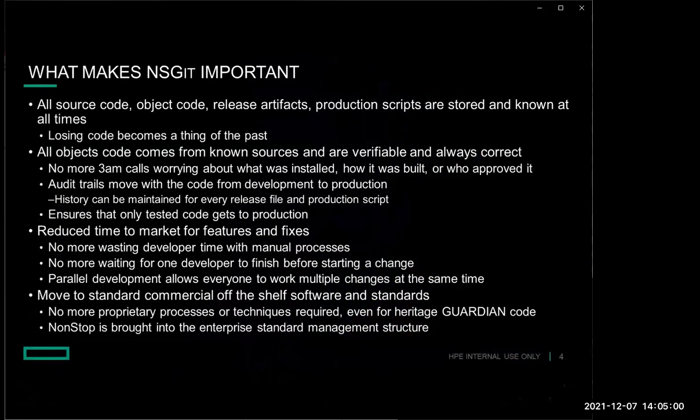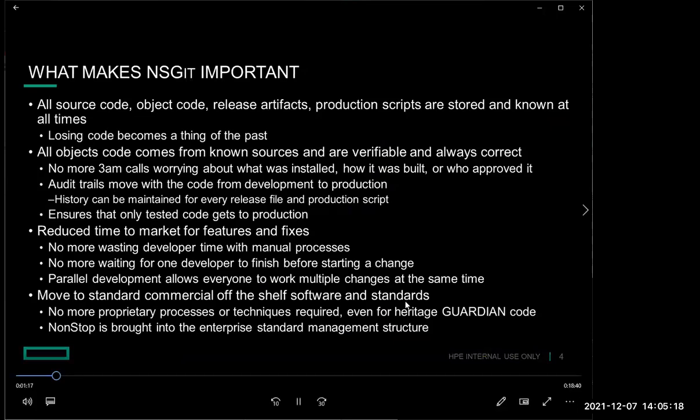Why are we here? What makes NSGit so important to our organization? Well, with NSGit, and of course backed by Git, you always know what you've got in production. That's the biggest question that needs to be answered at all times. Then we get to how can we reduce our time to market? And that also comes into some of the unique features that NSGit and Git bring into an organization. That's why organizations have deployed Git very broadly and why it is really the gold standard for version control systems